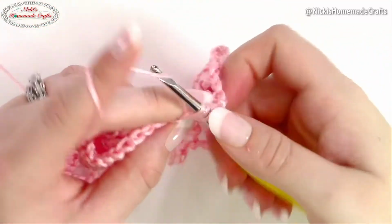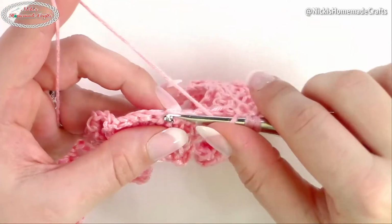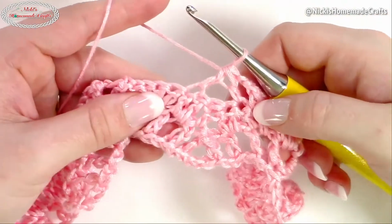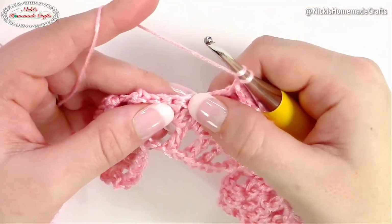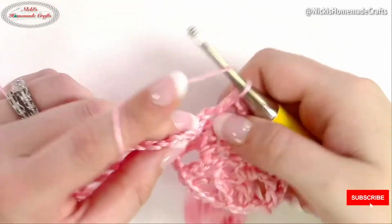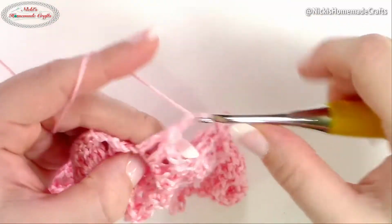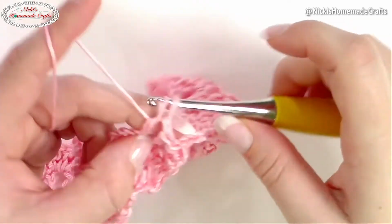So right here, a half finished double crochet, skip 3 stitches, another half finished double crochet, and yarn over and pull through all 3, which is the decrease right there. Chain of 1, and right next to it, place your double crochet, chain of 1, skip a stitch, and double crochet, chain of 1, skip a stitch, double crochet, and now we're back on the top,